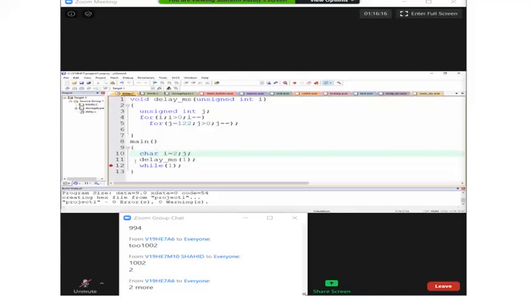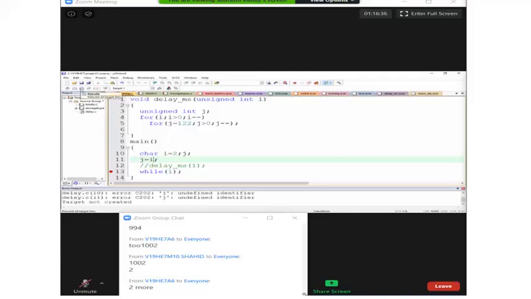See, you will observe one new thing here. I'm not calling delay for now. What I'm trying to do here, see, I have some value in I, and that I value I am putting into J. I'm not doing anything else. J, let me go with semicolon here.